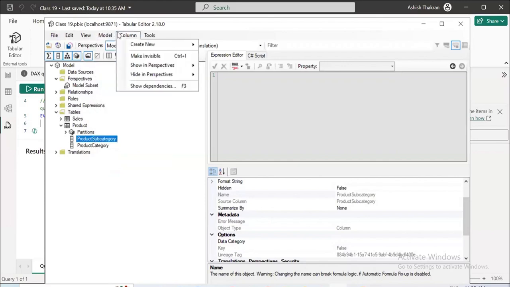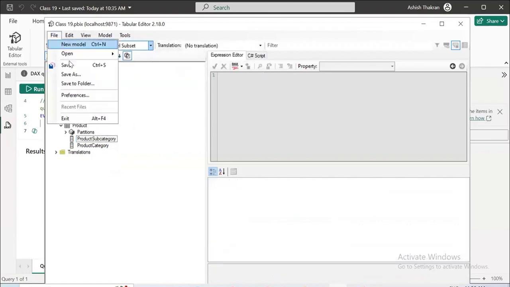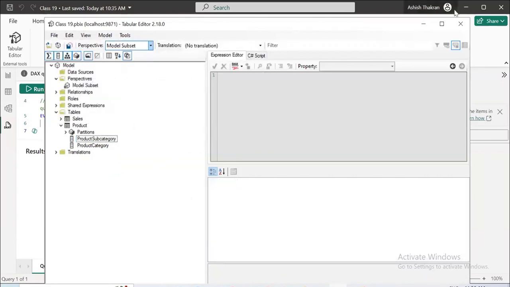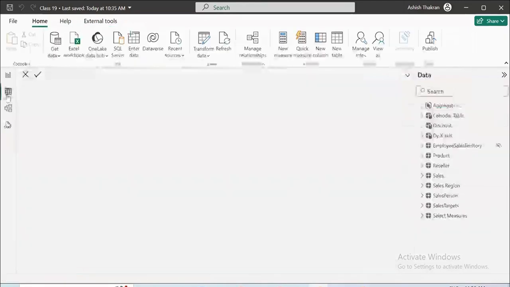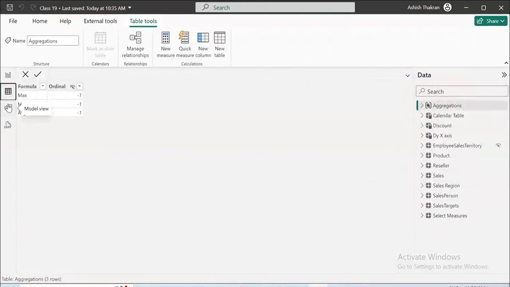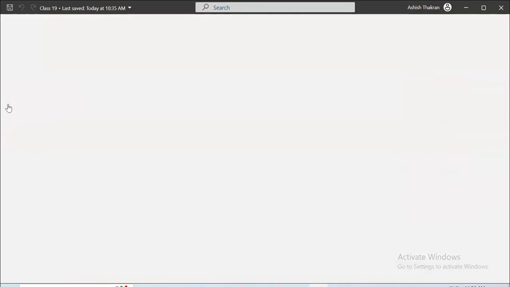So let's say, let me just save it and close. So this is a perspective which I've created now. Model subset. Let's say this is the perspective I've created, and